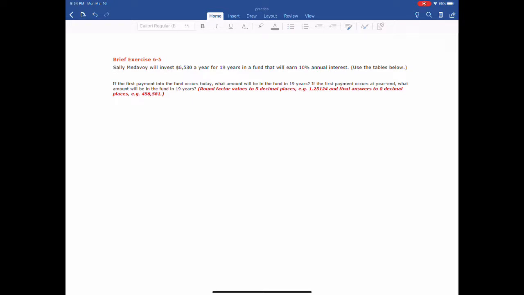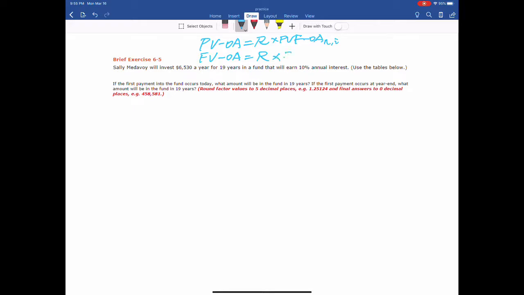Let me write them down. First, if we want to calculate the present value of an annuity, the present value of an ordinary annuity equals the rent. Basically, it is the periodic payment per period at the end of each period. Then the present value factor, which is determined by two variables. One is the number of periods, the other is the interest per period. So if we want to calculate the future value of an ordinary annuity, it's rent multiplied by the future value factor,